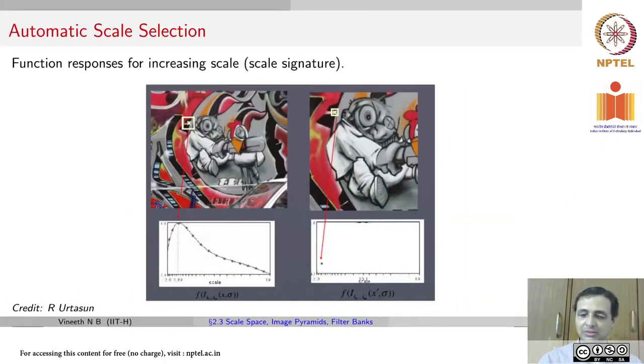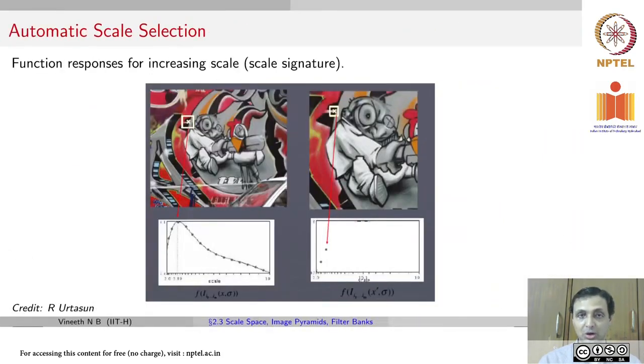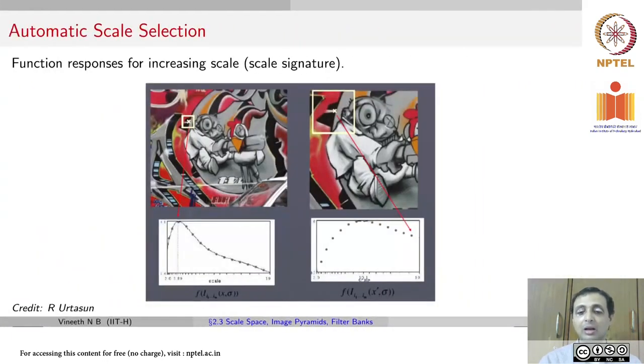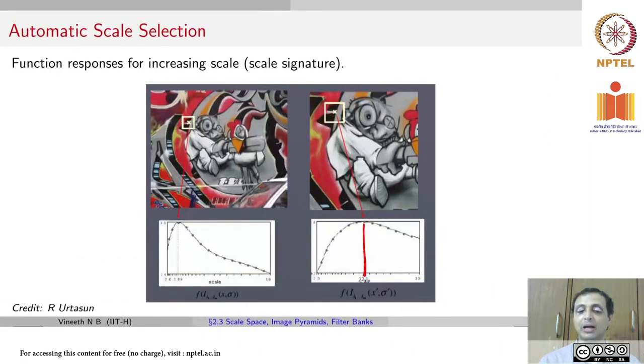Now we take another image, which is the one on the right, which is a zoomed in version, and perhaps there's a slight rotation too of the first image. And now we again at the first scale compute the Cornyn measure, at the second scale compute the Cornyn measure, and we repeat this process for all the different scales that we considered for the first image. And as we keep doing this, we're going to get another graph for the second image where the peak now is at a different scale, which is denoted by that particular value.